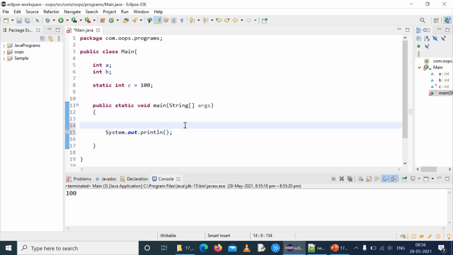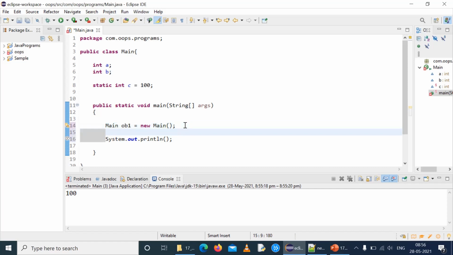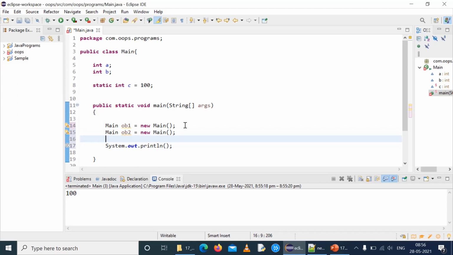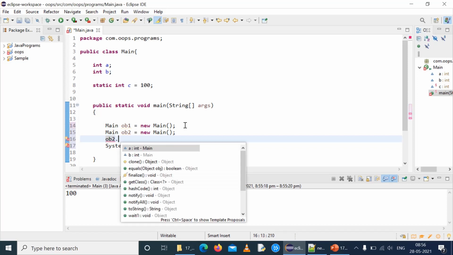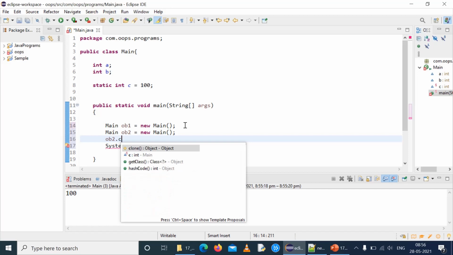Right. Now we will create an object. Main space ob1 equal to, and the second object. Now what we will do is the same that we did in our code in the PPT. ob2 dot c.